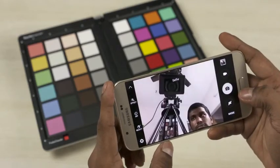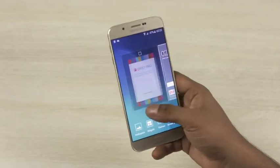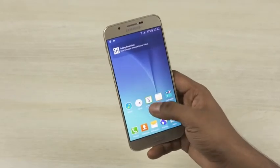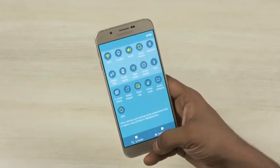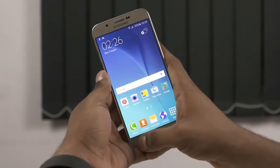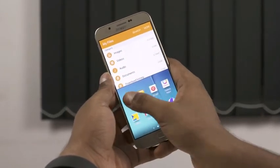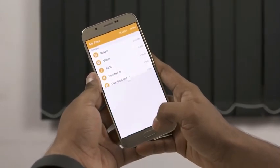The front camera uses a wide-angle lens. Overall, I'm liking what I'm seeing here. There doesn't seem to be any glaring omissions. Auto brightness, haptic feedback, the private and ultra power saving modes, they're all present. Given the size of the display, we even have multi-window on board. We can resize windows, have them floating while minimized. Nice. There's also 32 gigs of onboard storage with support for